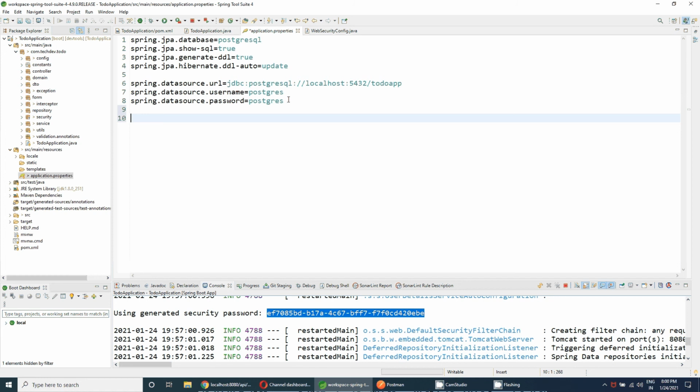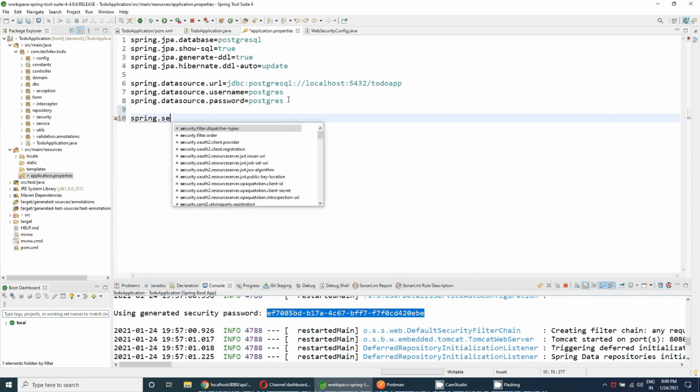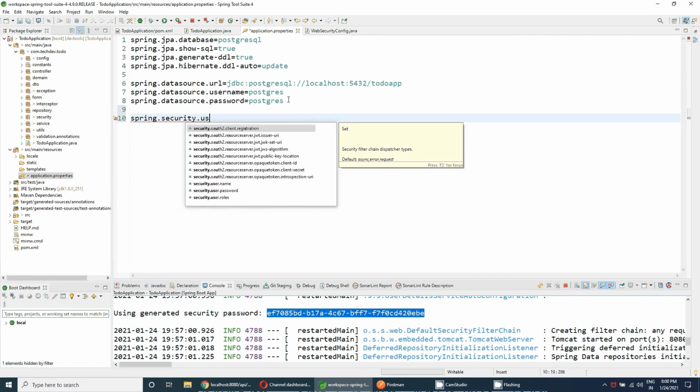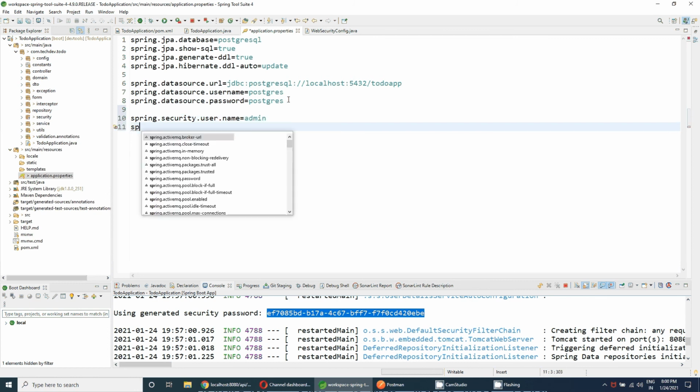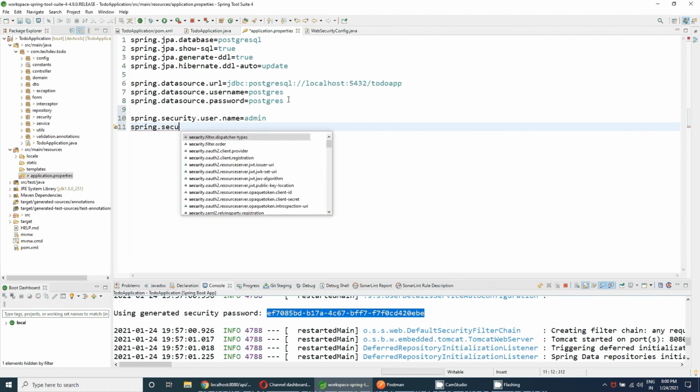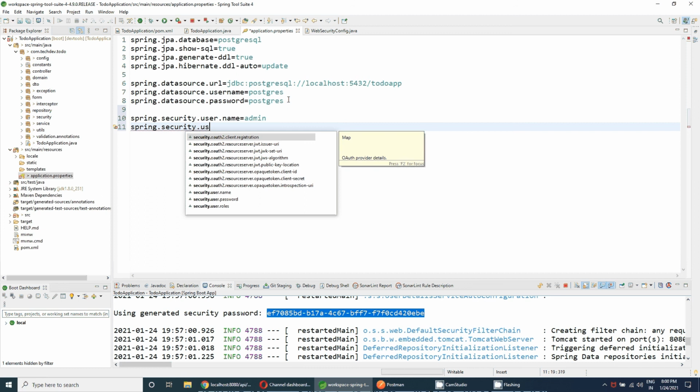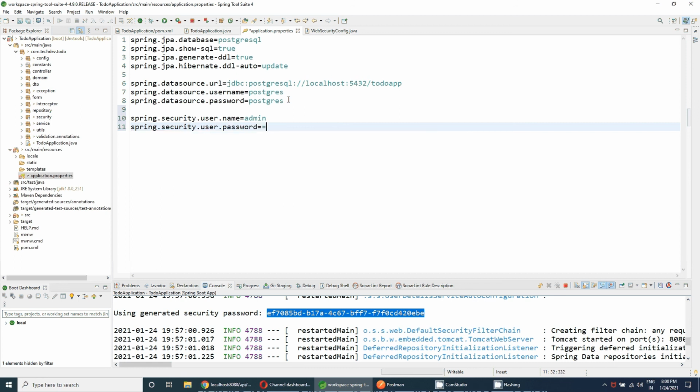That property is spring.security.user.name, and the username, suppose I am giving admin, and spring.security.user.password, and the password I am providing, suppose admin@12345#.